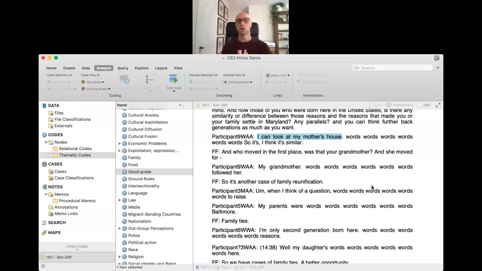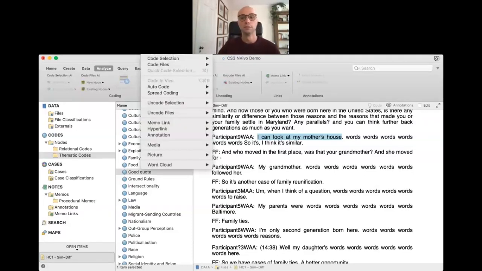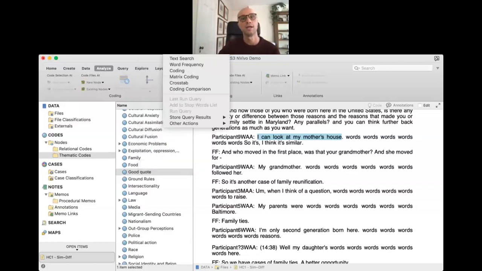And if you're doing teamwork, meaning more than one person is coding an NVivo file at the same time, that's not something that I have used in my own projects, but NVivo does allow you to compare how two or more people coded the same file, and verify to what extent there are discrepancies in how people coded. And that is here. You go on query and you run a coding comparison,